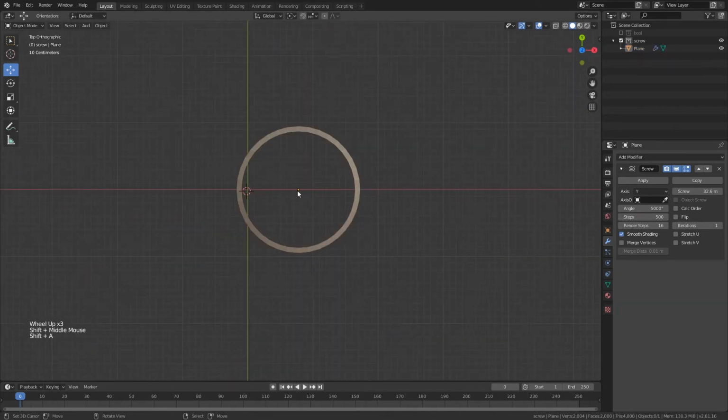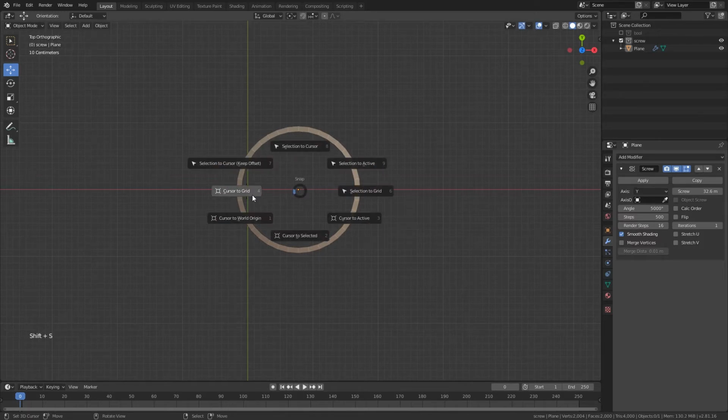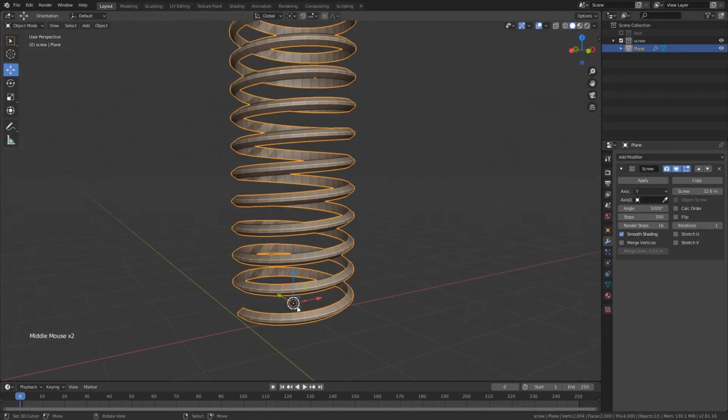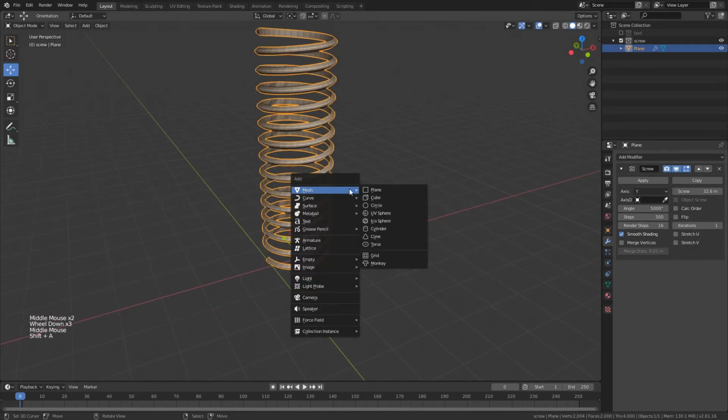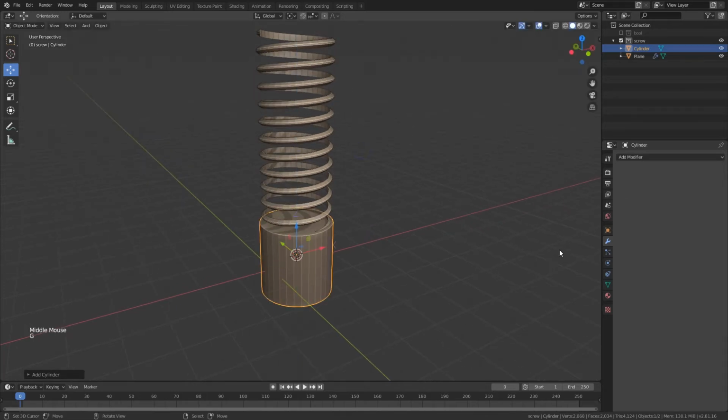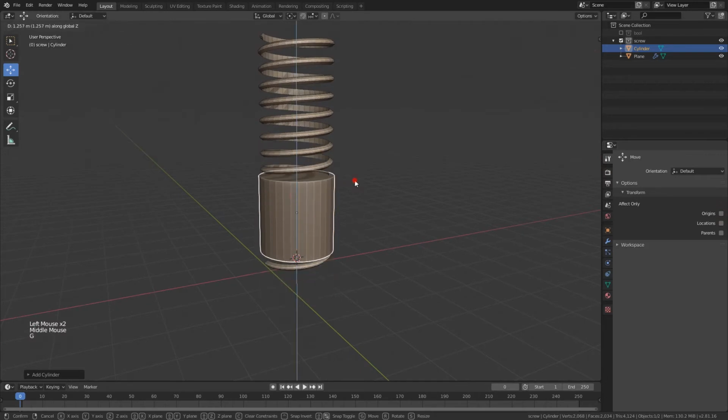Now I'll bring one cylinder over here. Before that, I'll press Shift S to bring my cursor to selected. Now my cursor is in the middle of this object. Now if I create one cylinder, it's going to be right in the middle. I'll disable the pivot, the origin modification from here,